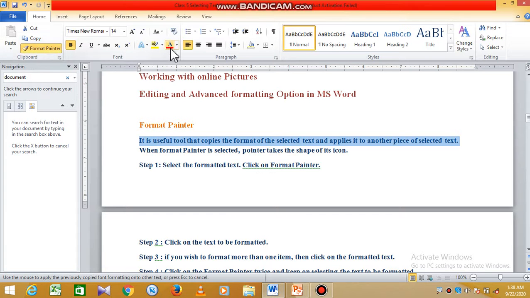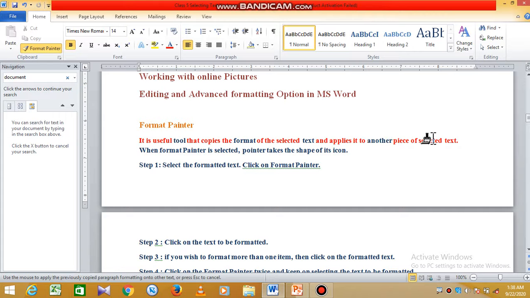Click on this Format Painter, choose any color. Now if you want to select another text, just double click on the Format Painter.